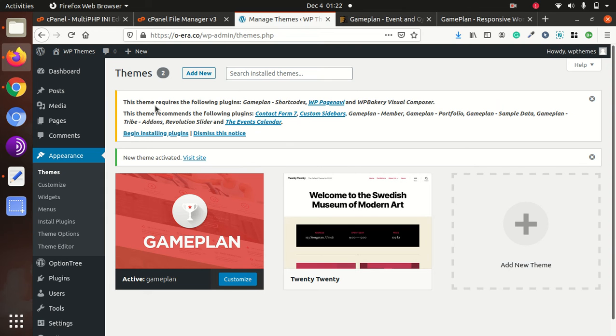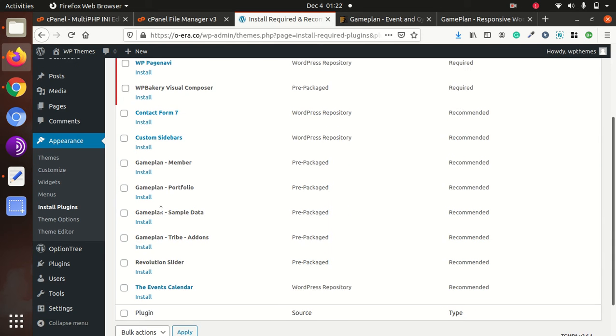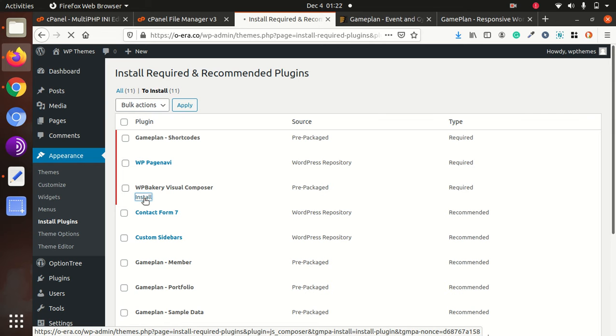As soon as we activate, we get an alert for the required plugin installation. Begin installing plugins. This is the required plugin, which has been marked red here. So first we need to install Visual Composer.